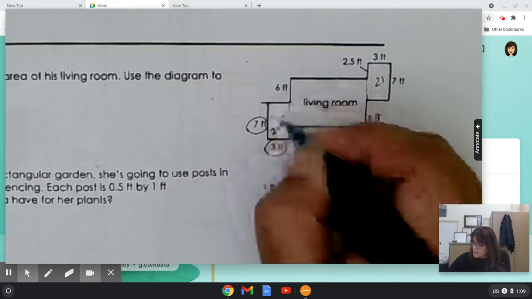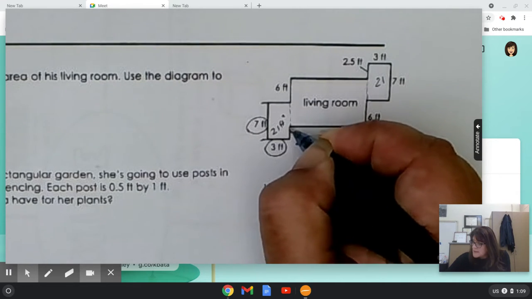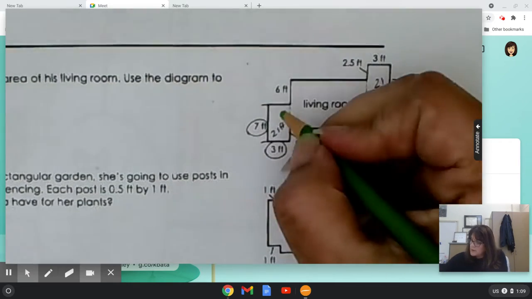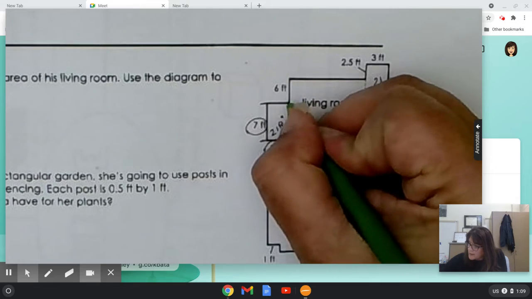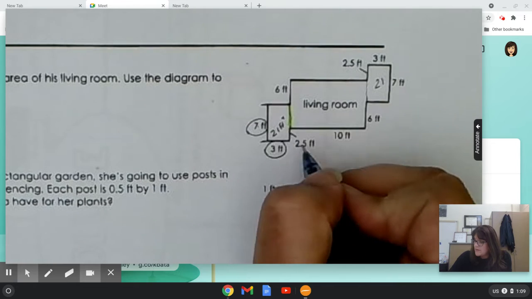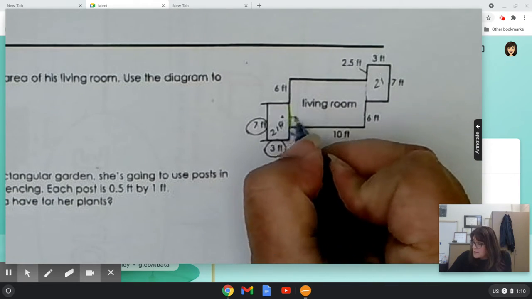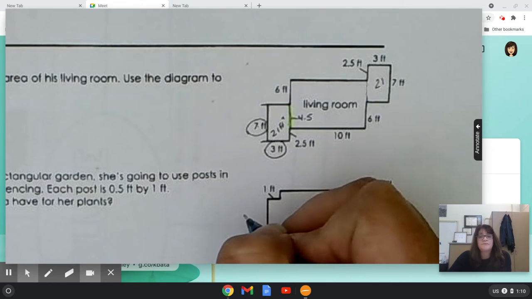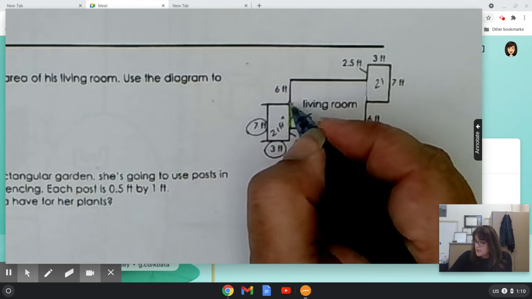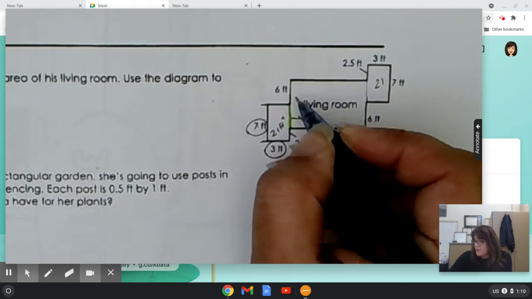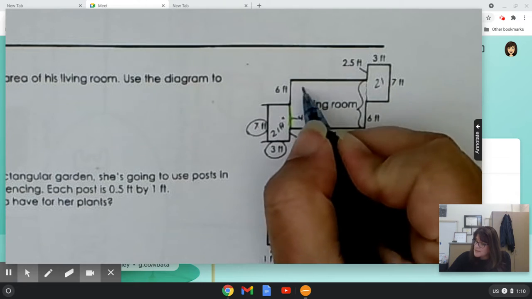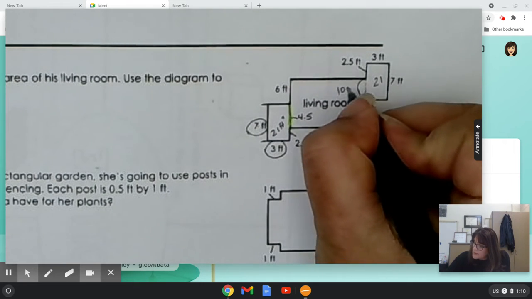This area right here is 7 feet, and this little section here is 2.5 feet, which means that this area, the opening that I'm going to shade in green right here, 7 minus 2.5, that's 4.5 feet. And if we take this 6-foot section of the wall and the 4.5-foot opening, the entire living room on this side or this side is 10.5